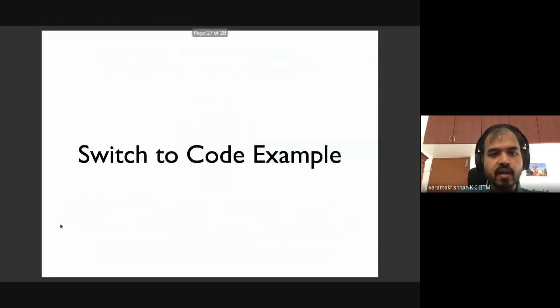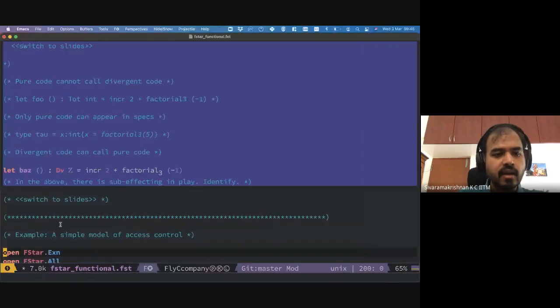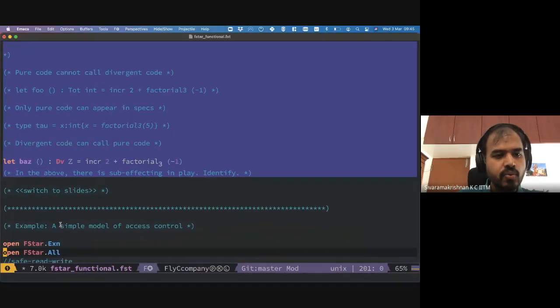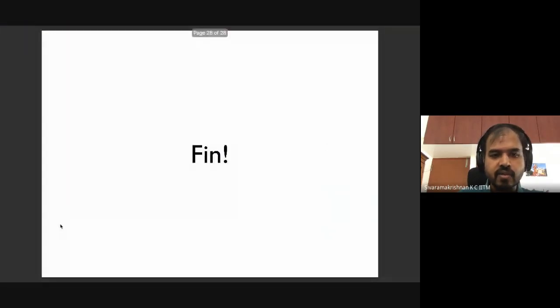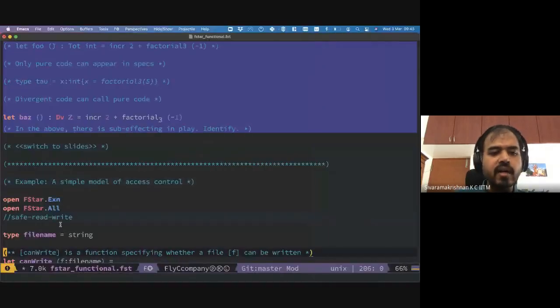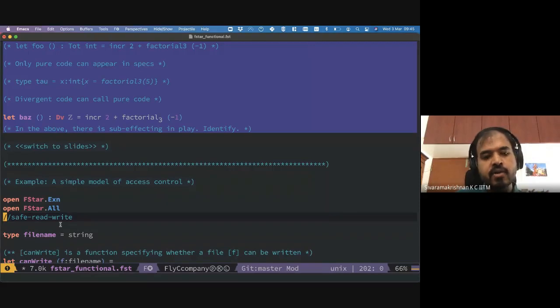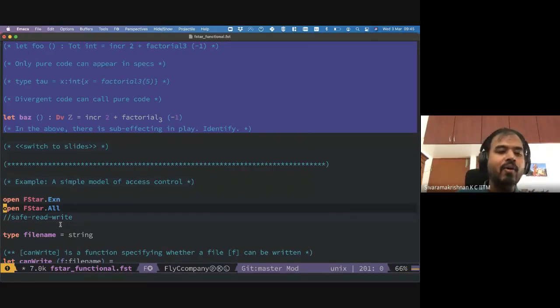Okay, so let's, I think we are going to, yeah. So it says switch to slides, but I don't have anything. So let's look at a real example, right? So this is directly taken from the F-Star tutorial. So I'm going to show you a simple example where we do static reasoning, but we also do dynamic reasoning. We write real world programs, right? So what we are going to show is a simple model of access control, right? I want to describe a program that